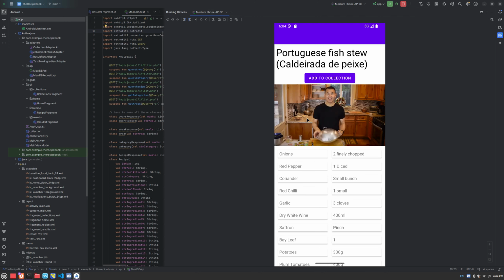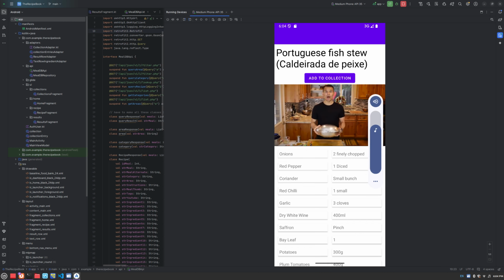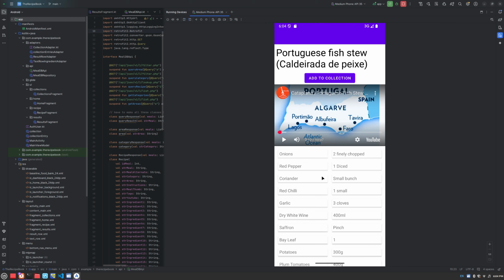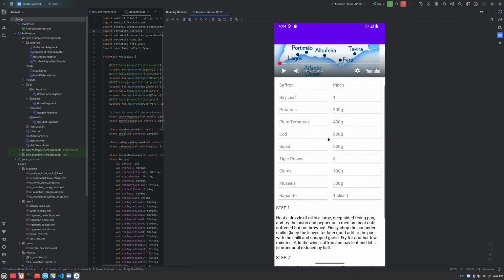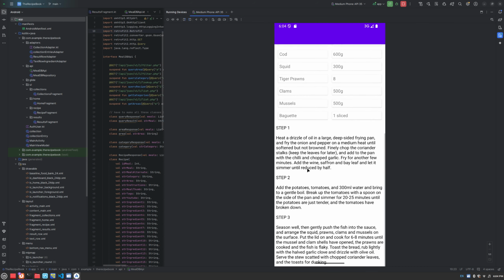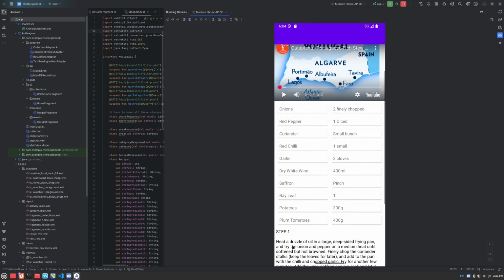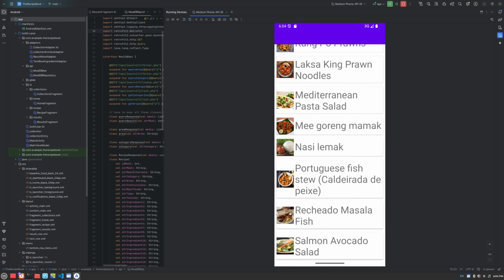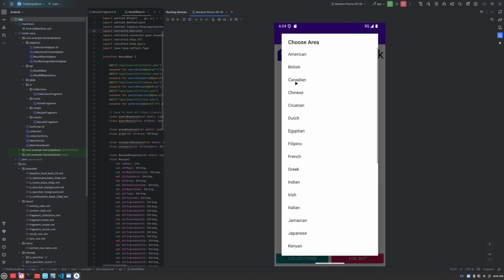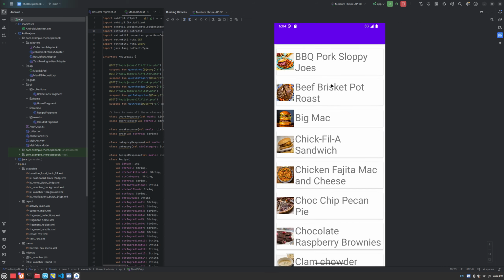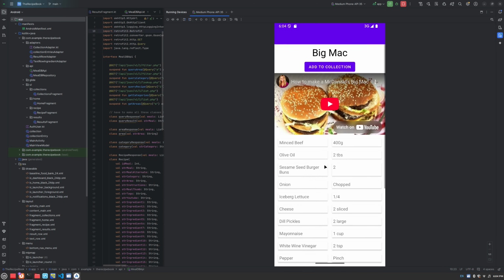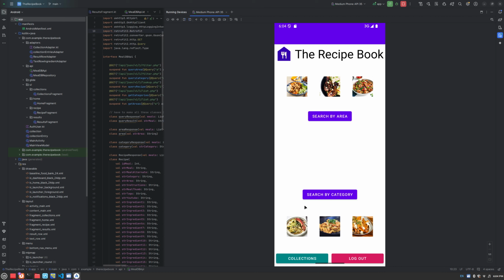Yeah, you can hear the sound. It's kind of not very loud though. Yeah, there we go. That works, and then we can see all of the ingredients and the steps to cook it here. And if we come back to area, we can do American food, Big Mac. Oh yeah. Anyway, that is the first main